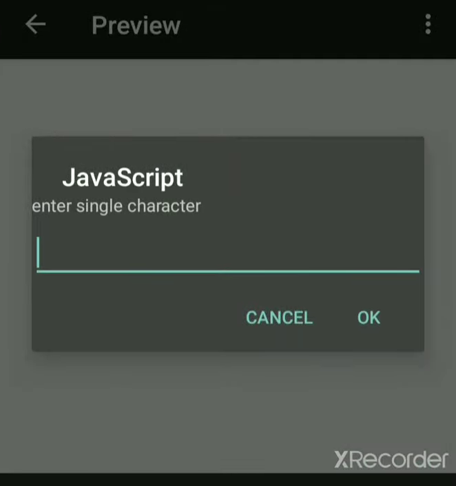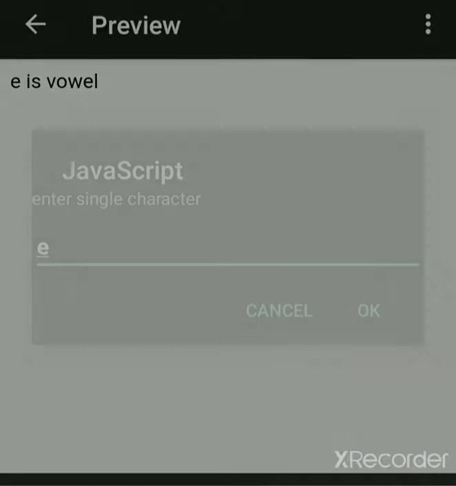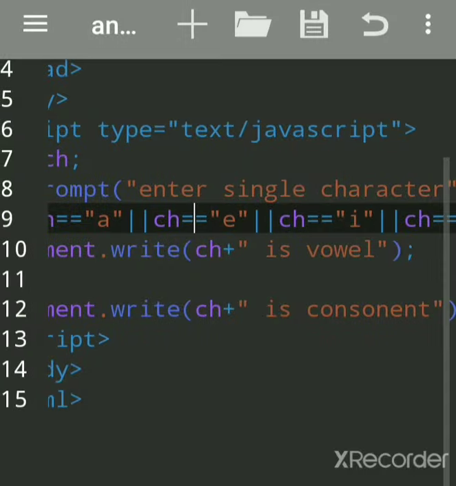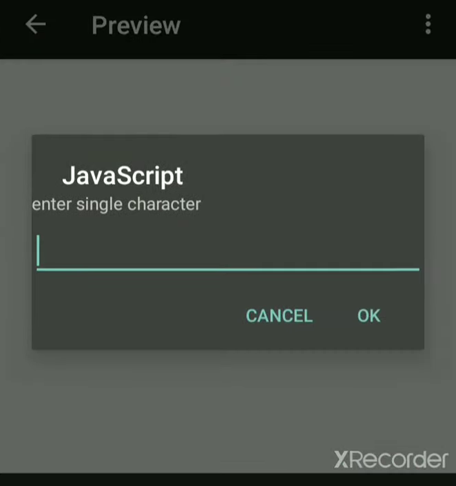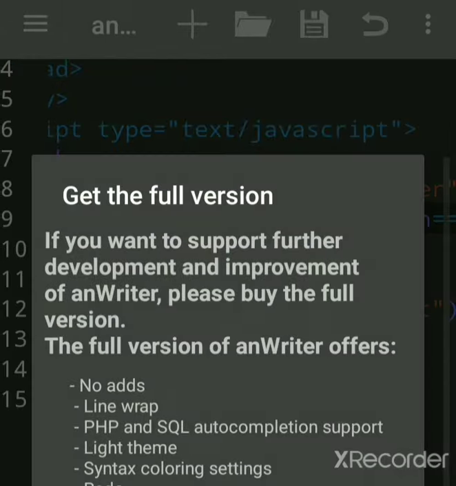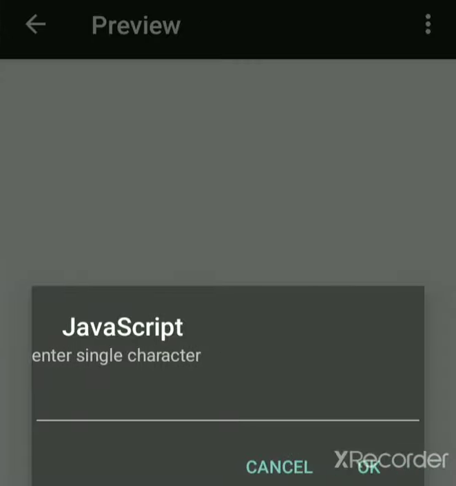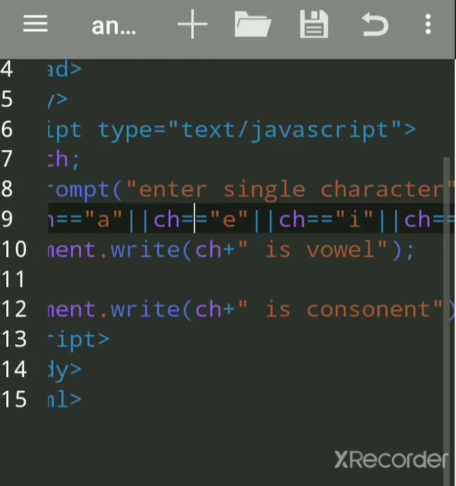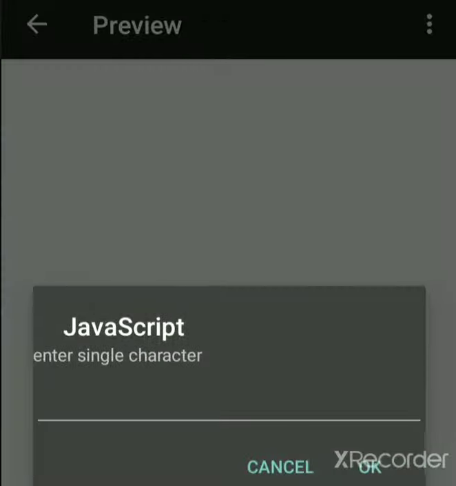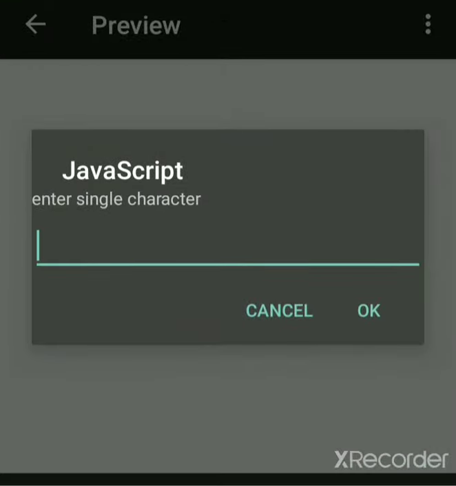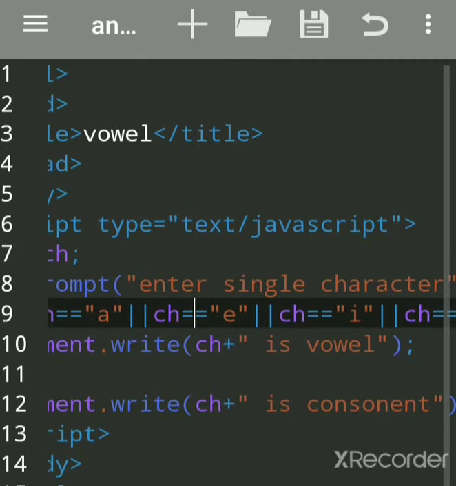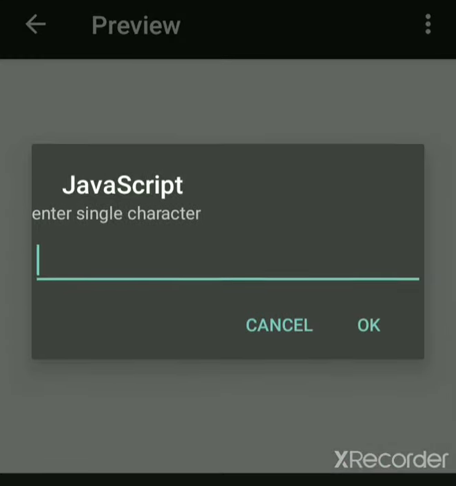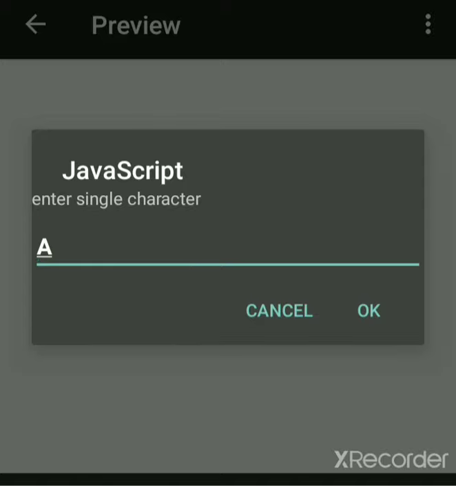We'll try all of them: E, I, O, U are also vowels. But if we enter any character apart from these, suppose 5 or any number, it is a consonant. If we enter a capital letter, it will not give vowel.